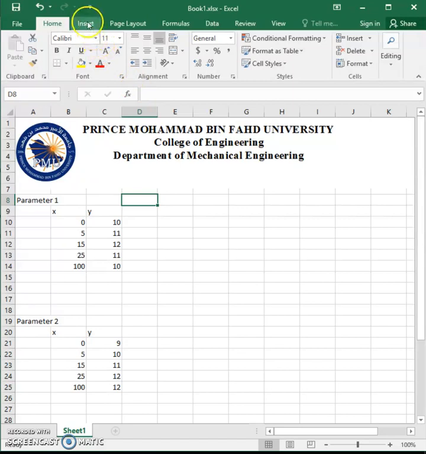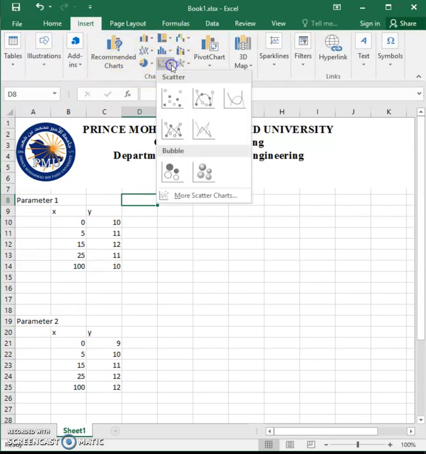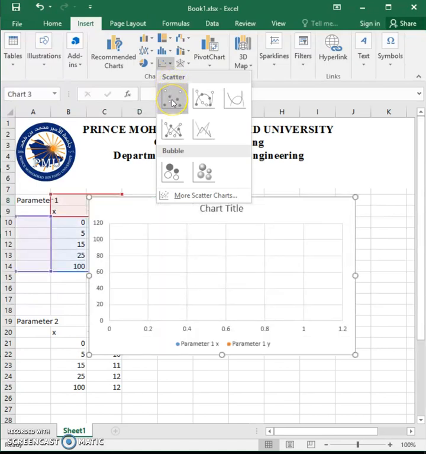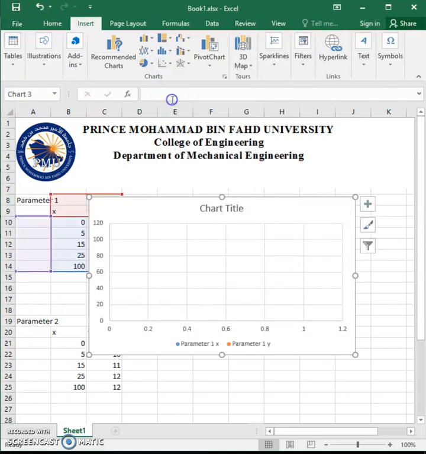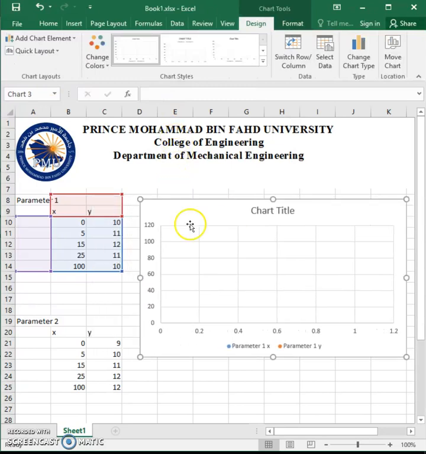So we'll go to Insert, and these are all the different options. For scientific purposes, the easiest and best method is to go for a scatter. So choose this scatter. Excel should be smart enough to find our points here, but sometimes that's not good